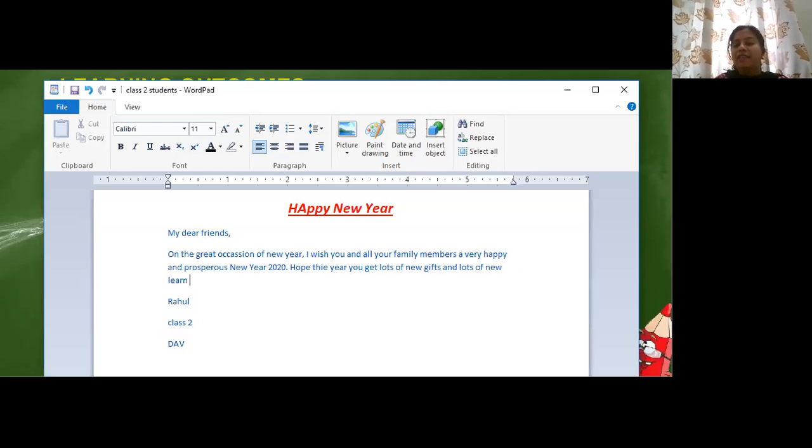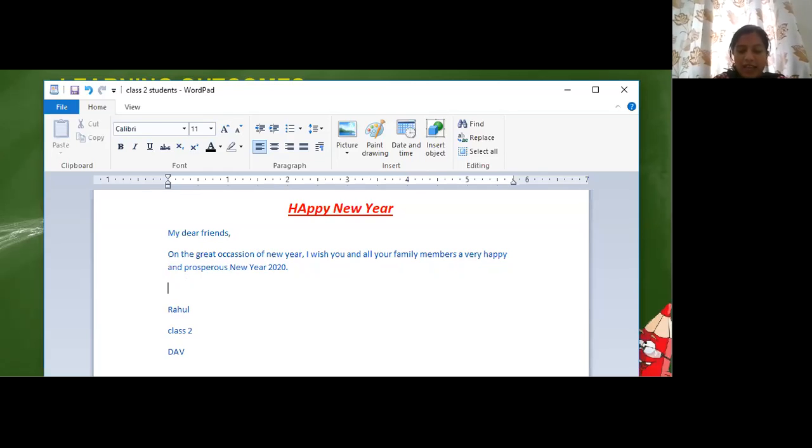See children, you might be thinking there are spaces at both the sides, right? Why? Because, can you see here on my ruler? I have kept my page size from this to this, wherever white area is there. This gray area, I have not kept it. So if at all I want to start a new paragraph, what am I supposed to do? Tell me. If I have to start a new line, what key should I press? Yes, I have to press the enter key. Then it will come to the new line and then I can write whatever I want to.